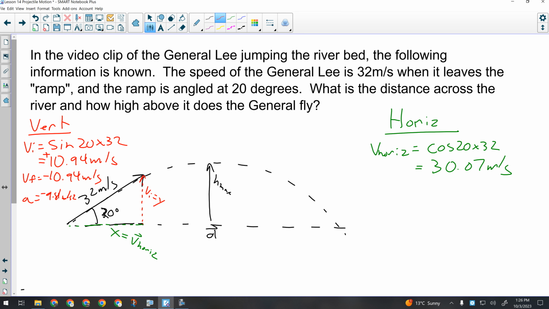Okay, the question wants to know the horizontal displacement. Can I get that? What do I need? I need time. You always need time. I don't mean that, I mean you always need time. There's never enough time in a day, but you also need time for this kind of question. Okay, and I can get it with VI, VF, and A. Right? I can say that T